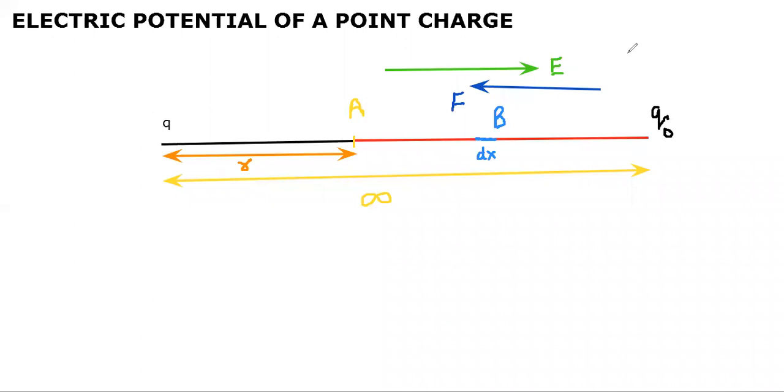Now we will be finding electric potential of a point charge. Firstly, we'll walk through the diagram that I have already made over here. So this is the charge Q, or a point charge, of which electric potential has to be calculated. There's another unit positive charge, that is Q naught. It is at a distance of infinity, as you can see, I have made with yellow. At infinity, I have to bring this Q naught to the point A, which is a distance r from Q.